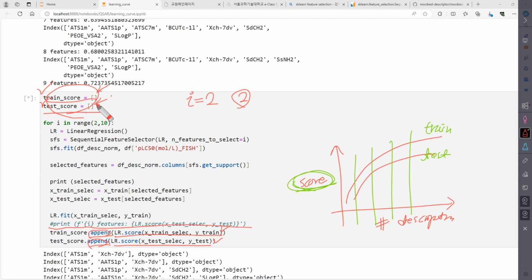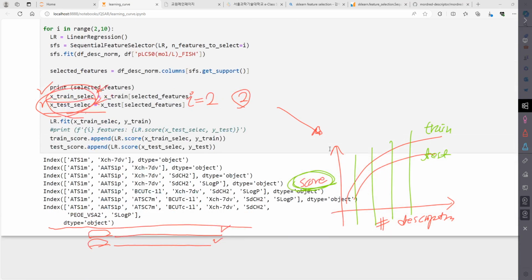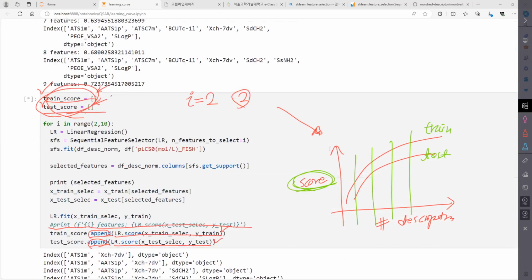So if I have full elements in the list, then I can make this plot using these two lists. Okay, so run the code and you will see the plot in the next